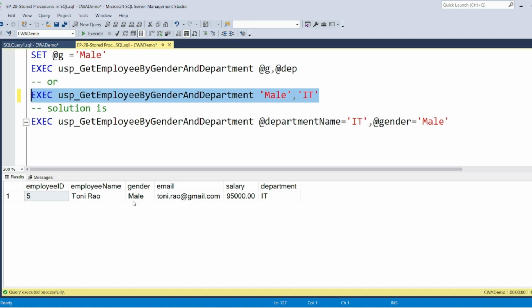So the question is, do we really need to remember the sequence? And what if my stored procedure has, let's say, 15 of such parameters? In that case, do I need to remember the sequence of all 15 parameters? The answer is obviously not. Then you have the solution. And the solution is,